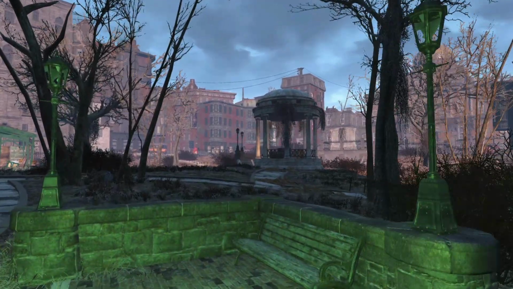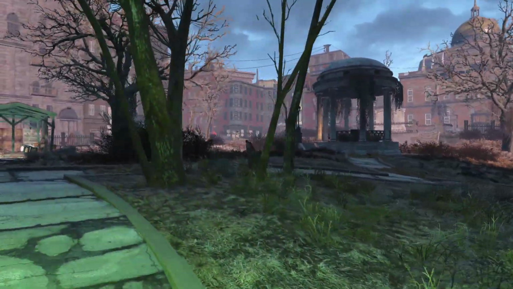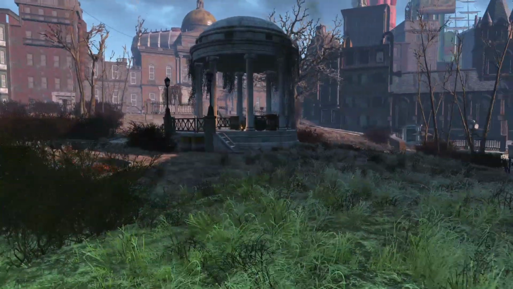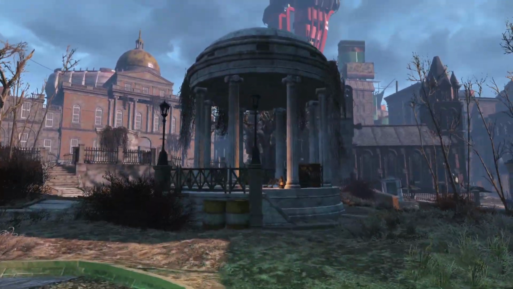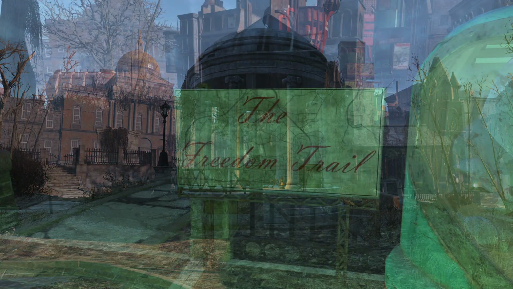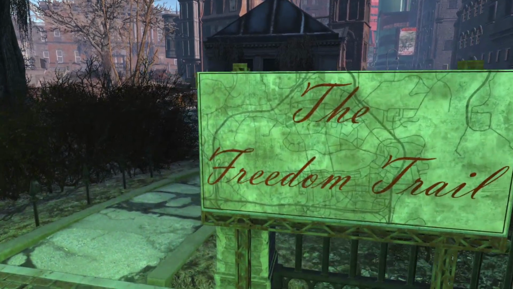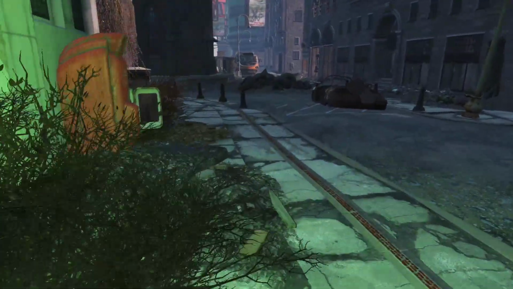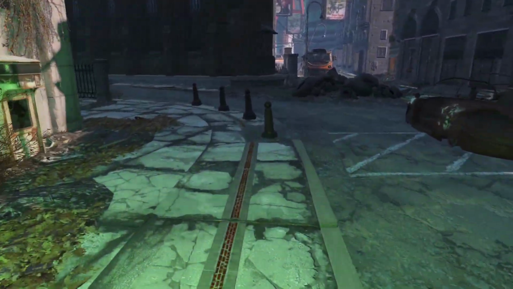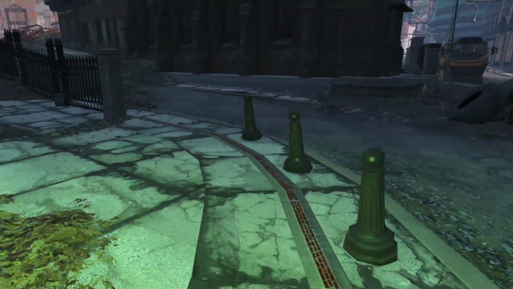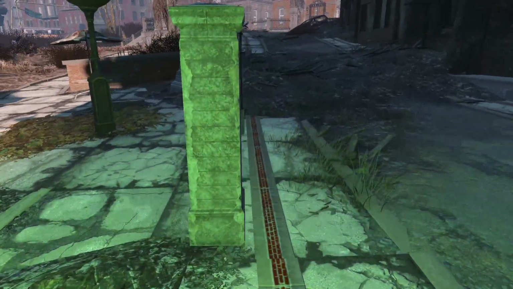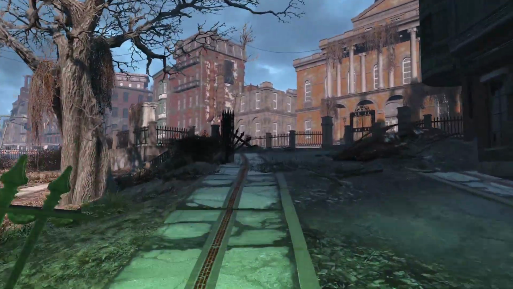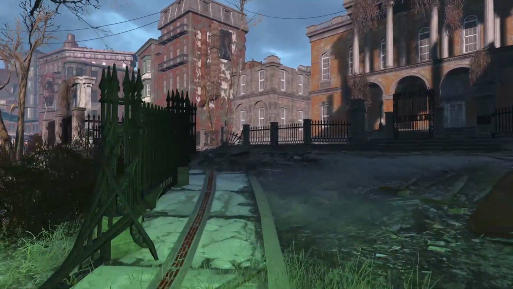My next question then was, does the placard actually exist in our reality? And I did some searching. I put in the exact quote on the placard to see if this shows up anywhere outside of any Fallout reference, and it turns out that I can't find anything. That's not to say that there doesn't exist a placard somewhere in actual real Boston today with a similar explanation of Boston Common. But this specific placard only exists in Fallout.